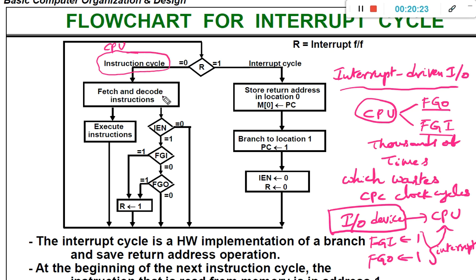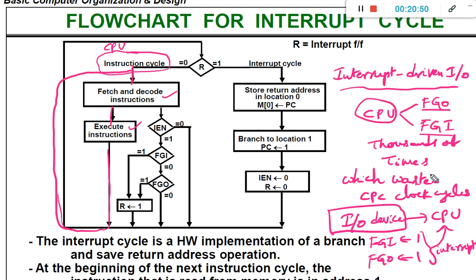Fetch and decode the instruction, execute the instruction, and once again come back, fetch and decode the next instruction and execute it. So this is the normal flow of execution of the instruction cycle.